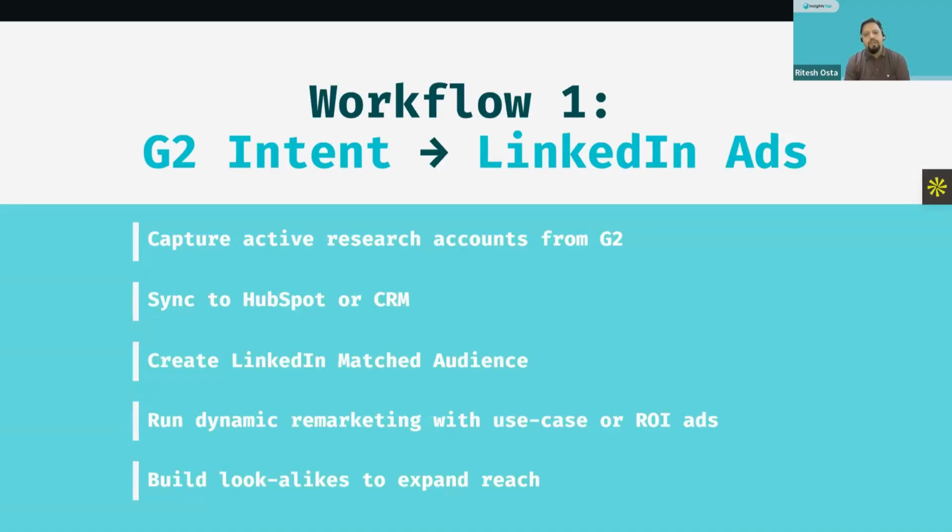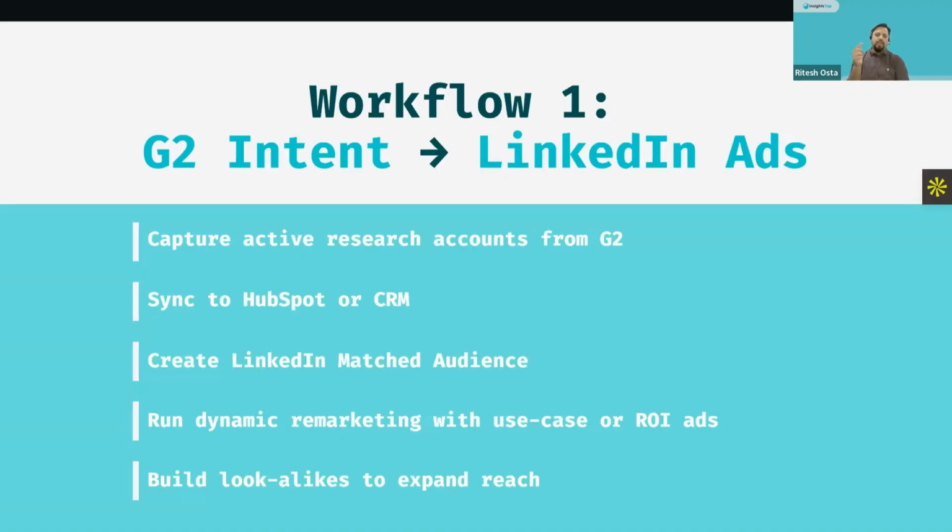If you have your own G2 profile, if somebody visits your G2 profile, it can be captured by G2. If somebody is doing active research on your industry, even that can be captured by G2, and that intent and signal can be pushed. Of course, you need a premium version of G2, and all of that is there. But if you have all that infrastructure, those intent signals can be easily captured, and you can create a customer match